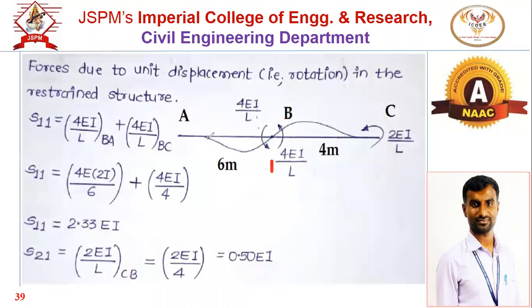This will be node 2. If you do so, movement will be generated. At the point where the unit rotation is given, a movement of 4EI/L is generated. Okay, but here B is the junction. So at point B there are two spans, BA and BC, so movement will be generated for BA as well as BC. Now see here, we have 4EI/L for BA and 4EI/L for BC, and half the movement will transfer